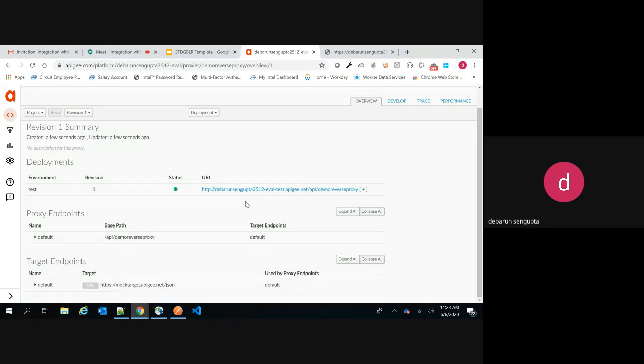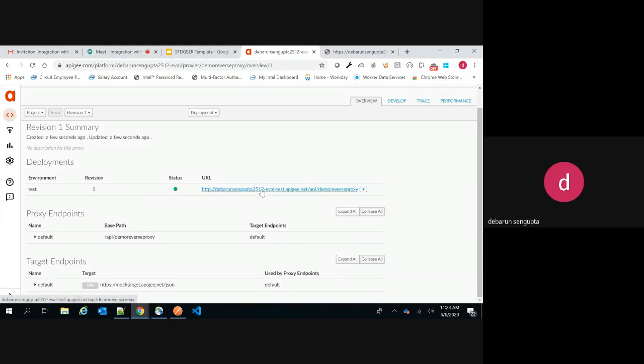Say in your project, the backend service has not been ready, and your team wants to test the connectivity with the Apigee layer, because when the backend service is ready, you will anyway use Apigee as a middle layer to call out to the actual service. But say in one of your sprints you have a use case where you need to test whether you are able to successfully connect to the middle layer, or the proxy layer. How will you achieve those use cases, right?